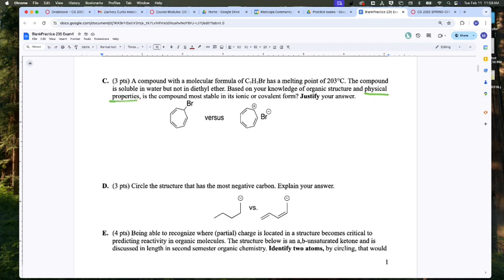Okay? You got people at the table. It's not worth drawing anything up on the boards, but you got people at the table. Talk through it. Words out of your mouth. Talk about it. Okay? So I heard a lot of people still jump at, well, it's this one because ionic